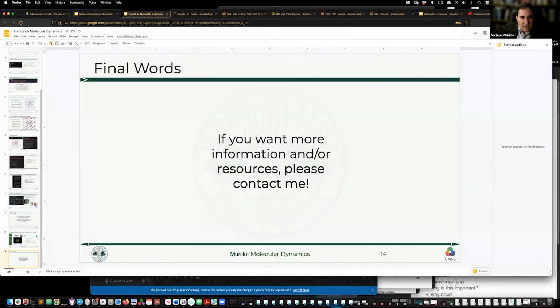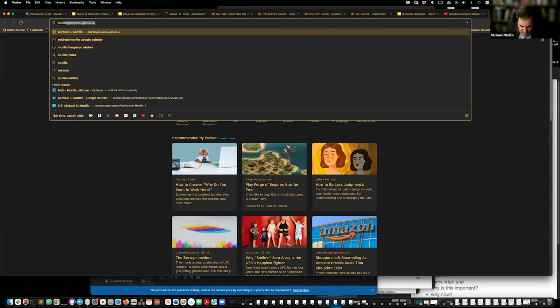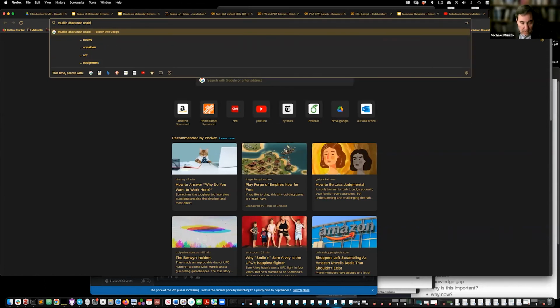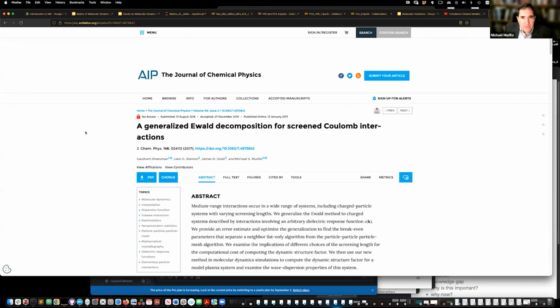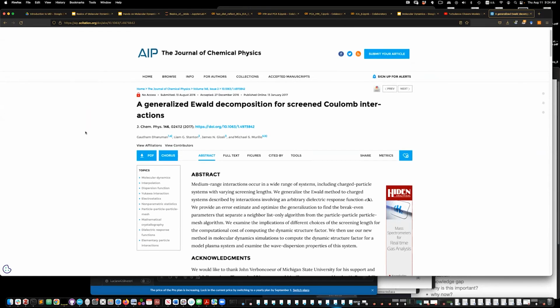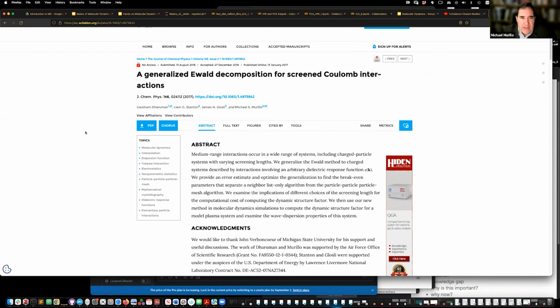We wrote a paper on this. This is why I say it's complicated. It's an interesting question. So we wrote this paper to answer this question. Can you see this? Yes, sir. We do screened Coulomb interactions, which is Yukawa, and we asked the question: should you use Ewald or not? And we wouldn't have published a paper if it weren't for the fact that the answer is very interesting. So what we found is